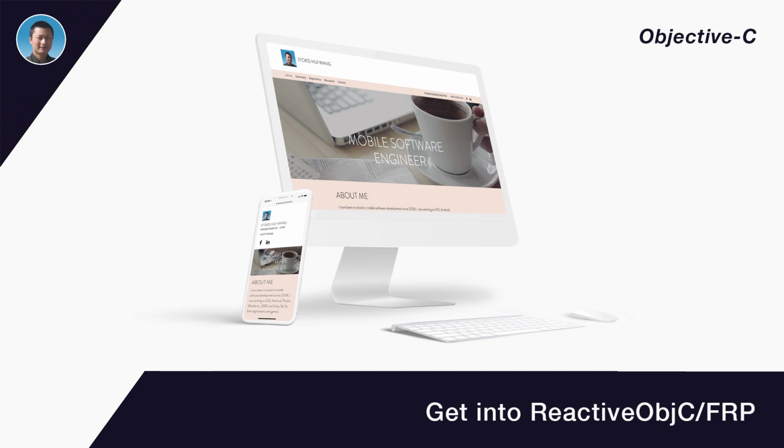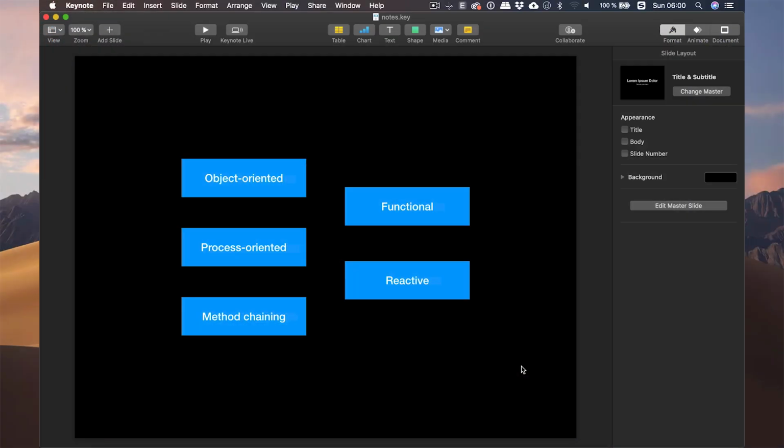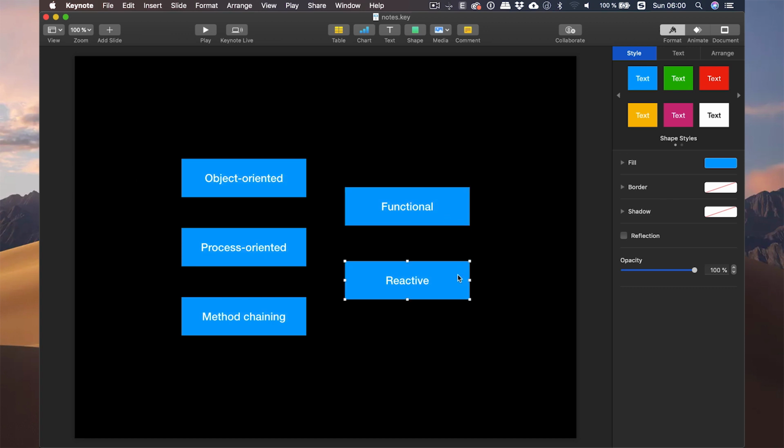In today's video, what I'm going to introduce is Functional Reactive Programming, FRP. Before we do that, let's take a look at what the main ideas in programming are. What we often hear is object-oriented programming, process-oriented programming, method chaining, functional programming, reactive programming, and so on. Today we are going to focus on functional and reactive programming, because this part of the knowledge is not easy